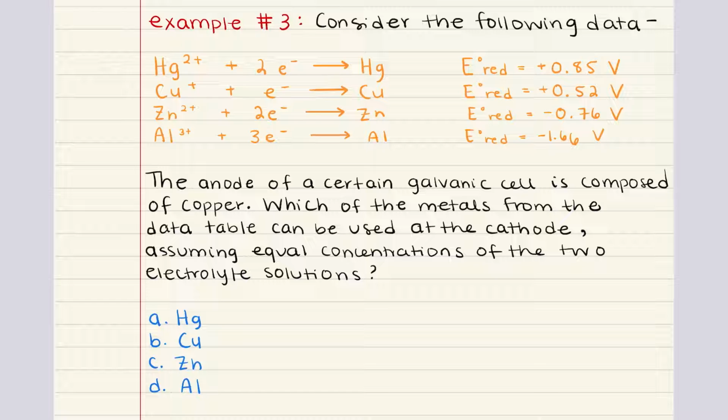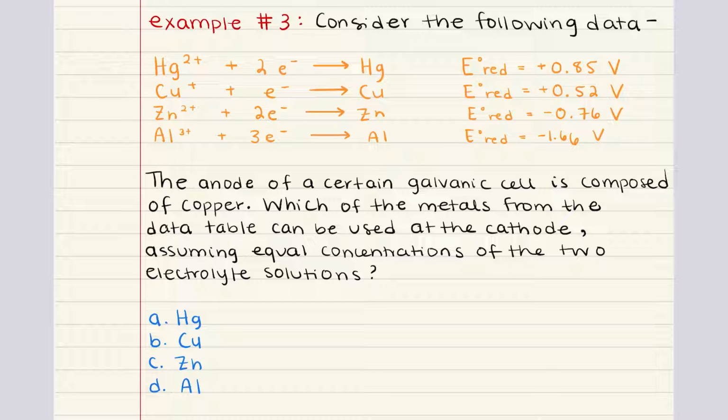anode, we need to understand how a galvanic cell works and the significance of reduction potentials. So in a galvanic cell, the anode is where oxidation occurs, the loss of electrons, and the cathode is where reduction occurs. This is the gain of electrons. And this cell generates electrical energy from a spontaneous redox reaction. Now, the standard reduction potential is a measure of the tendency of a chemical species to gain electrons and be reduced. And we said this earlier, but the more positive the reduction potential, the greater the tendency to be